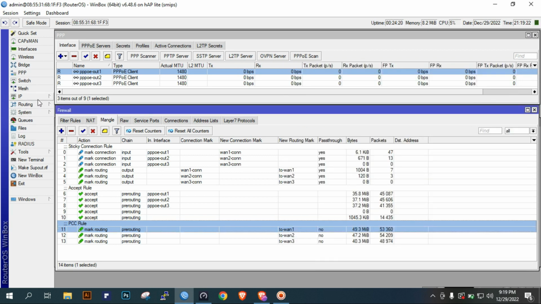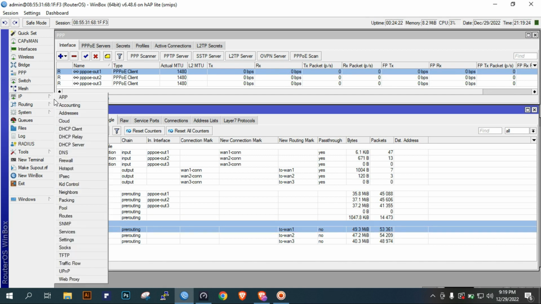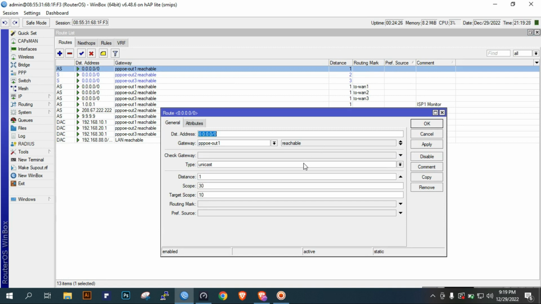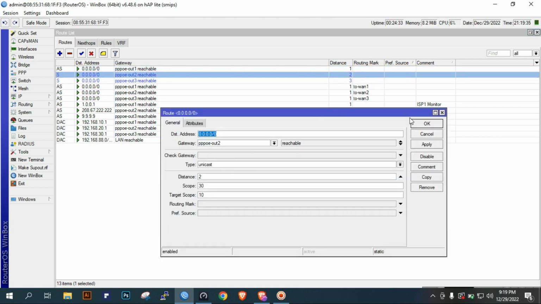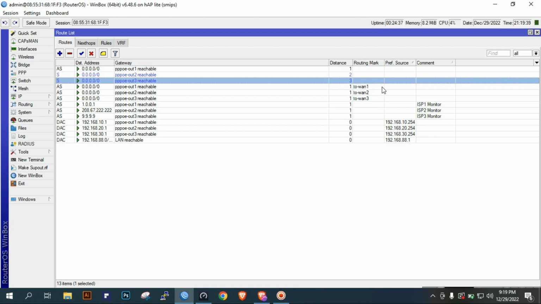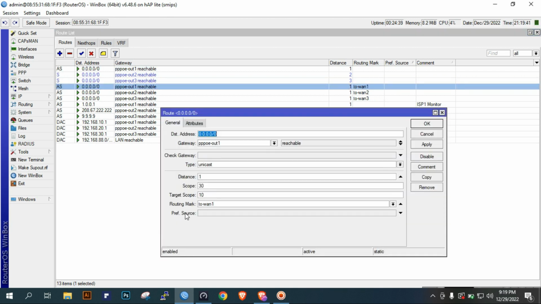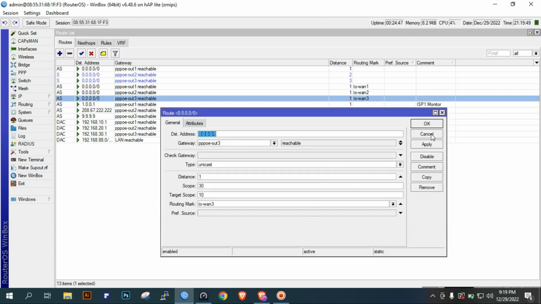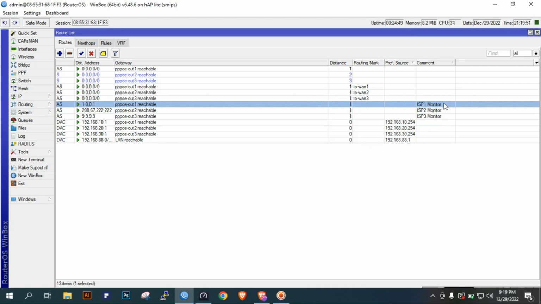After that one, we create now next the IP routes. We create the main routing table. This one for our ISP1, this distance 1, distance 2, and distance 3. After that one, we add another route for us to put the routing mark here. For ISP1, 211. For ISP2, 212. For ISP3, 213. Then we configure ISP monitoring